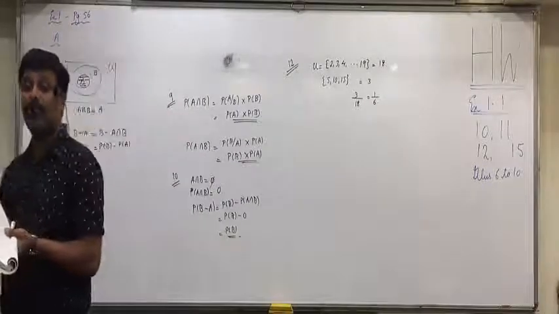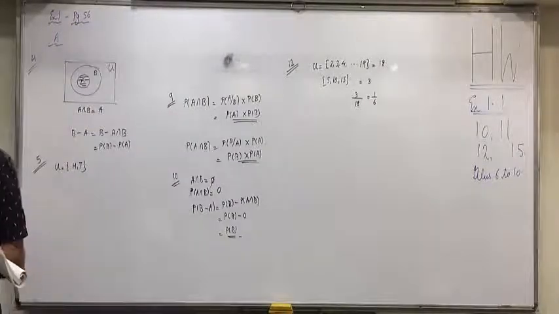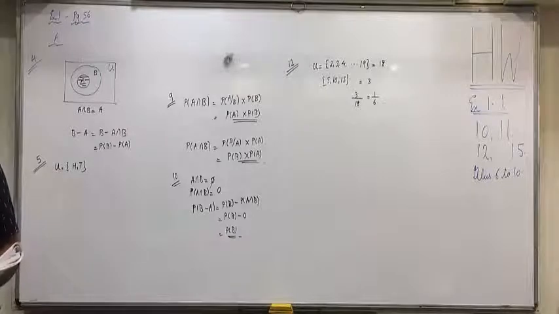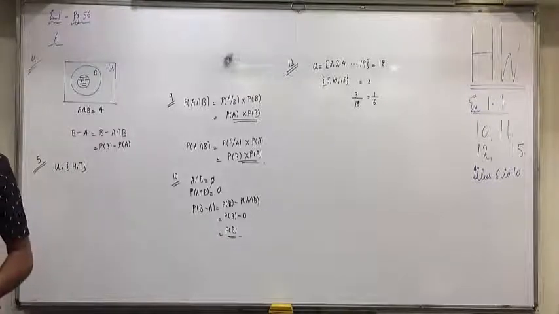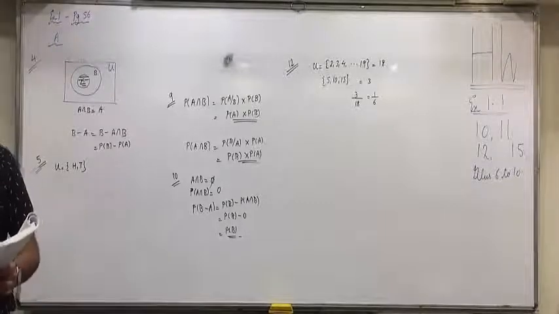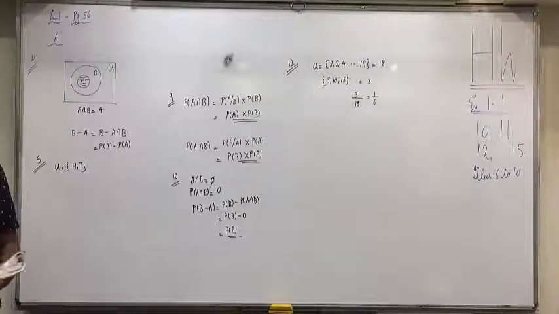By chance, if you take 1 to 20, then n will be equal to 20, and the multiples are 5, 10, 15, 20. How many outcomes will come? 4 by 20, 1 by 5 is also present in the options, but that will be wrong. So be careful with this.